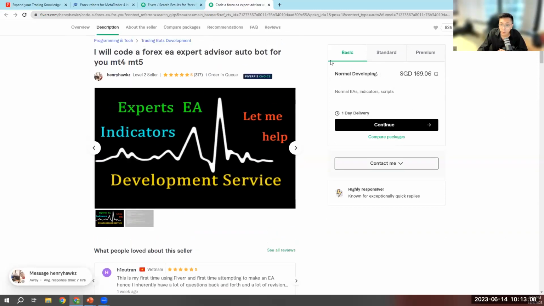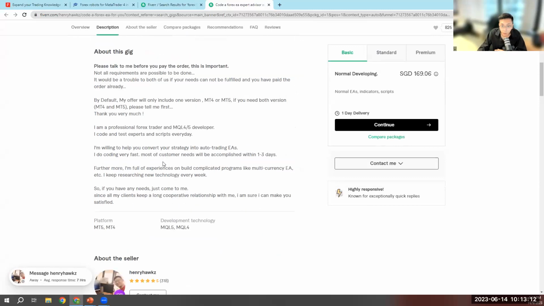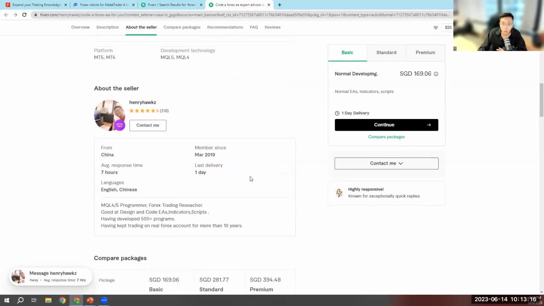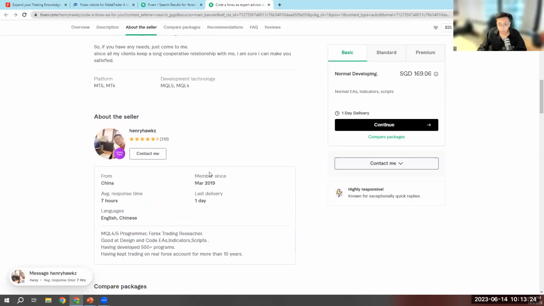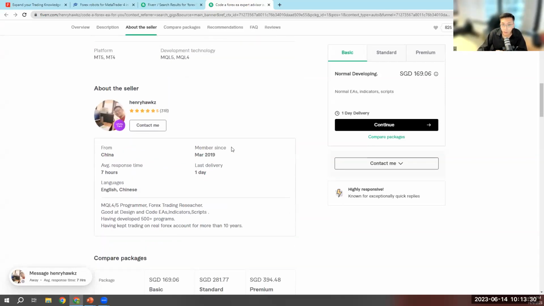They have different pricing, however we will not look at the pricing for now. We'll just look at what they can create. They could basically code all these strategies that you want, and you could have a conversation with them to make sure that your strategy is put into place well, and it basically auto trades for you.